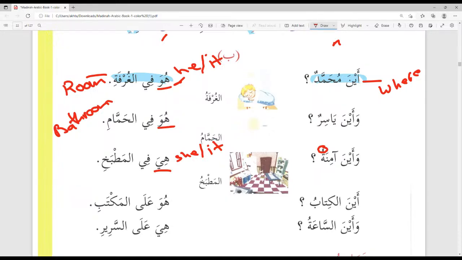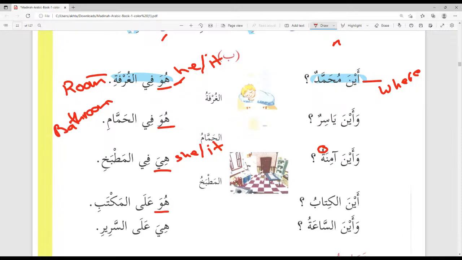Kitchen. نعم. Then we have Abu Ahmed, Noble, and Ali. Are you there, Ali? نعم. تفضل. أين الكتاب؟ علي. هو على المكتب. هو على المكتب. نعم. So أين الكتاب? Where's the book? And then Ali, ما معنى هو على المكتب? It is on the table.